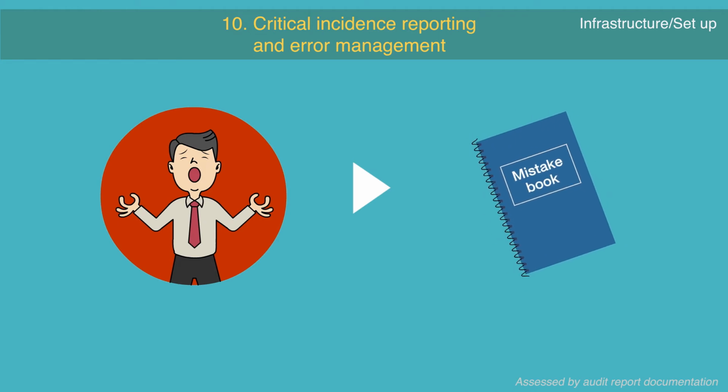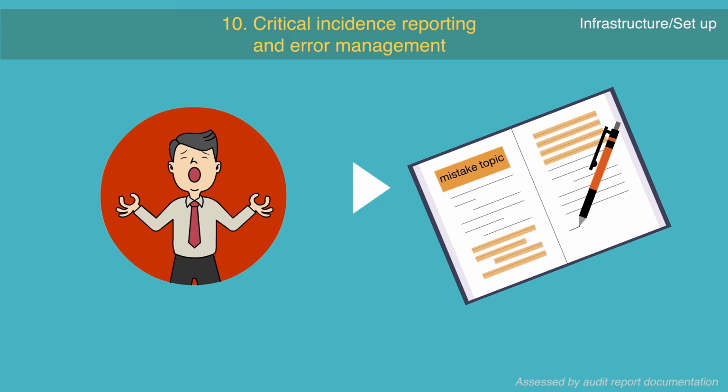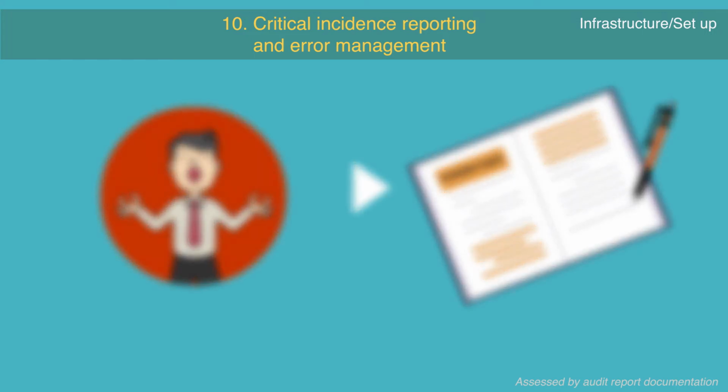Each centre should have a mistake book or some other form of documenting mistakes. Mistakes here means anything that goes wrong and should not go wrong again in the future. This may be, for example, a mix-up in the administration of a drug, a mistake made during patient scheduling, or a problem with a diagnostic test. Mistakes should be documented in the mistake book and the action taken should also be documented.